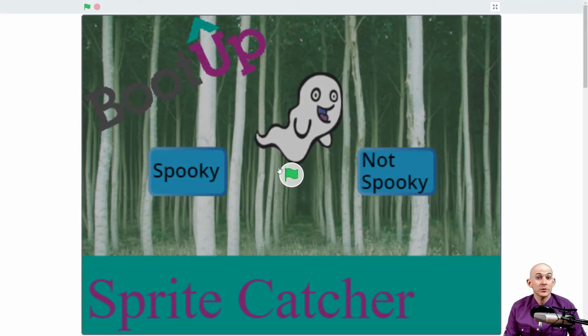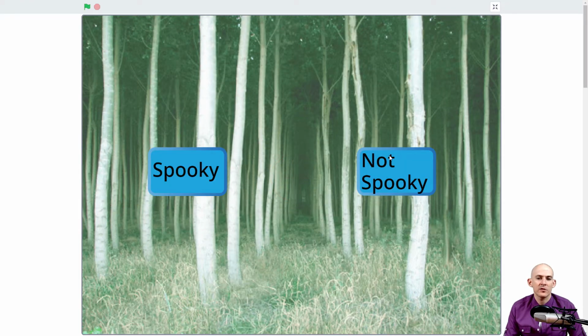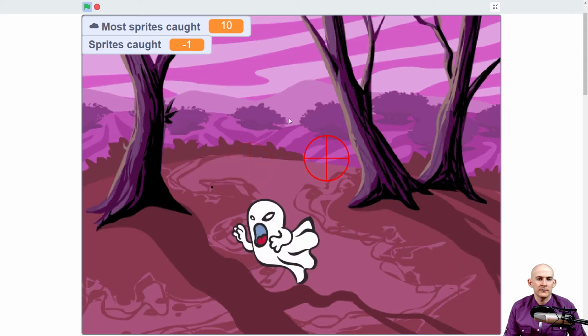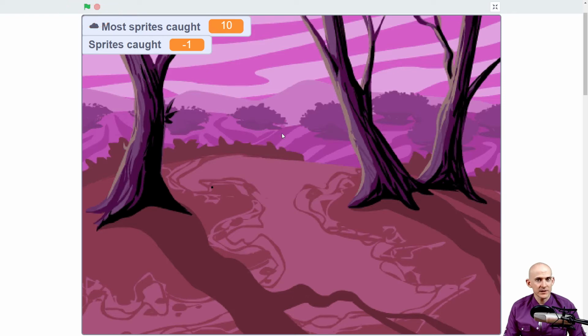In this video, I'm going to show you a neat idea. So if you've been to bootuppd.org, you may have created a sprite catcher game like this, where you can make it spooky or not spooky. I'm going to make it spooky. Okay, so your goal is to click on these sprites when they appear to catch them. But if you click and you miss, then it says that you miss them and you can lose a point like I am right now. Okay? So, neat project, if I do say so myself, but I want to show you a neat idea,